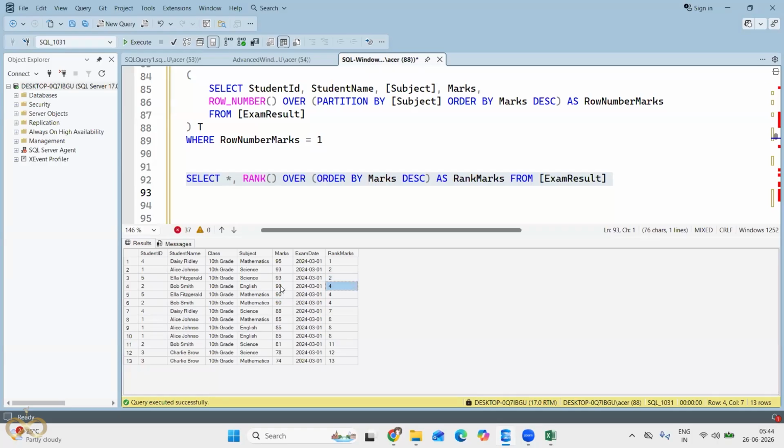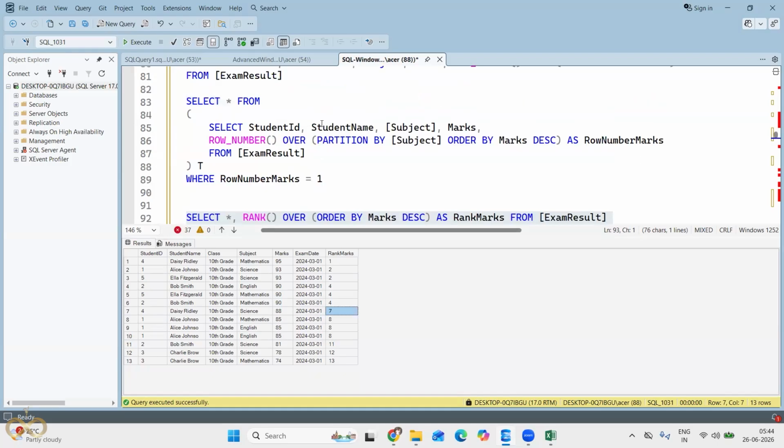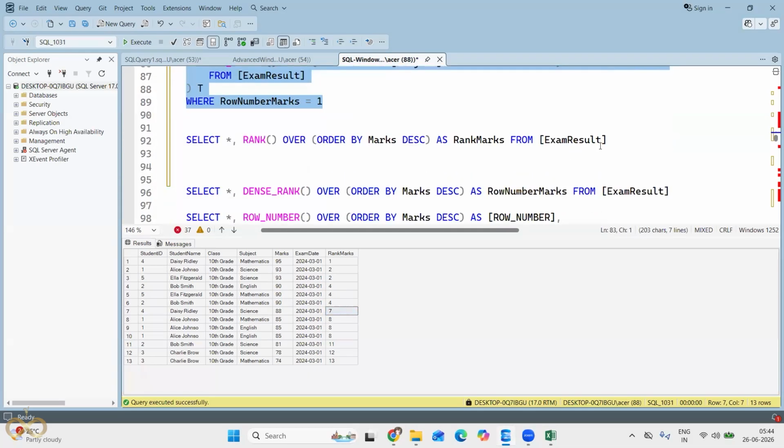Again, we have 3 records with the same marks, 90. So it will assign the same rank number for all of them. But while assigning the next, again, it will skip. Now it was 4, 5, 6 will be skipped, and for the next, it will assign 7. So even the rank function is quite challenging to use for calculating this kind of result. We will see now using this rank function